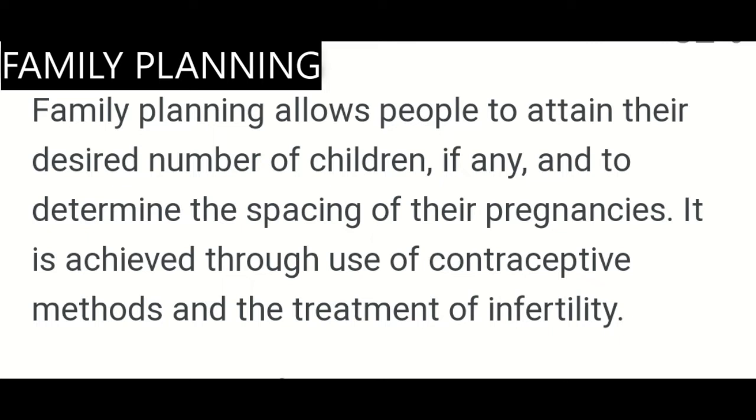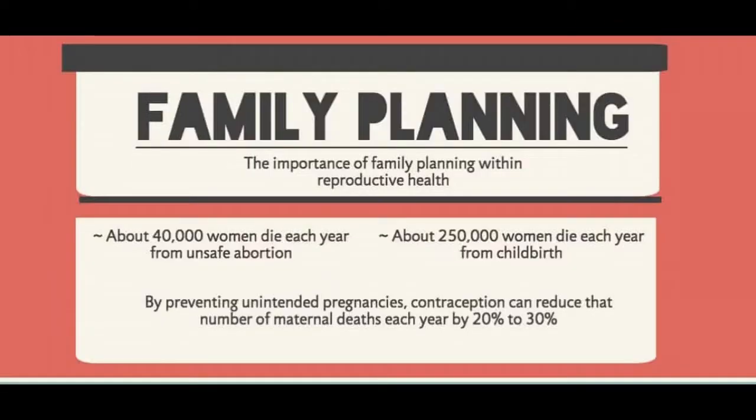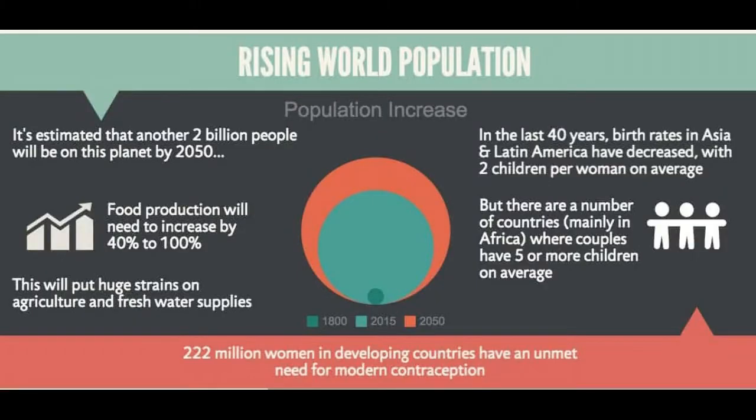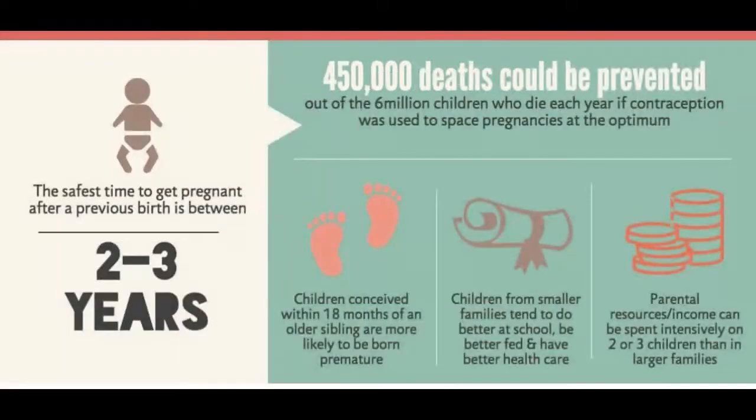Family planning helps to reduce mother and child mortality, that means mother and child death, by 20 to 30%, and it can also be used to prevent unwanted pregnancy. The reason why people do family planning is to space children, so your children will be two years apart, so that the parents' income can be spent